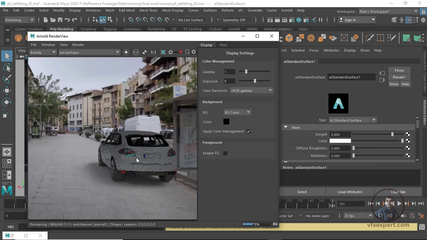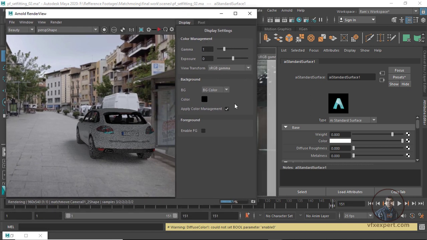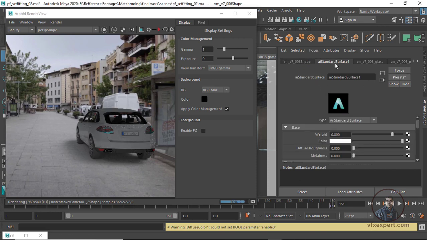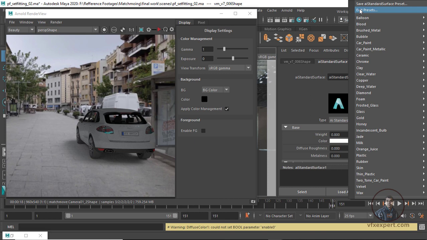Now if you want to change our colors, simply select here. From here you can also select our model, which I have selected. Now you can see, this is our standard material. From here you can adjust our color, or from presets you can assign some colors.